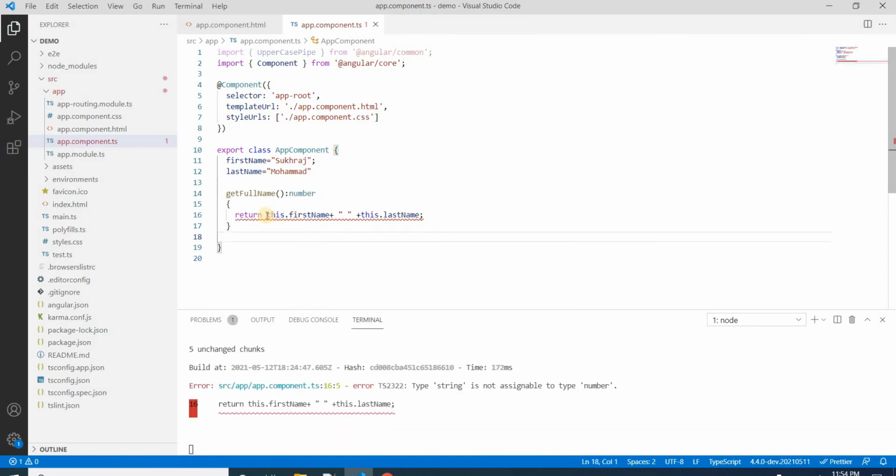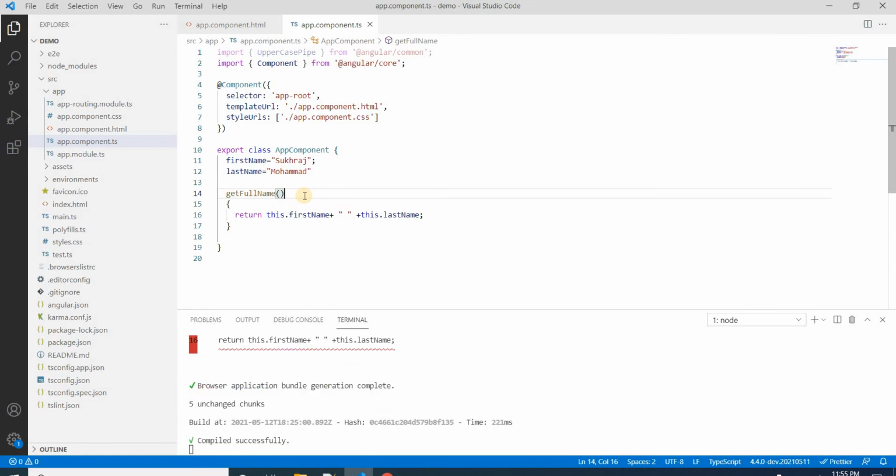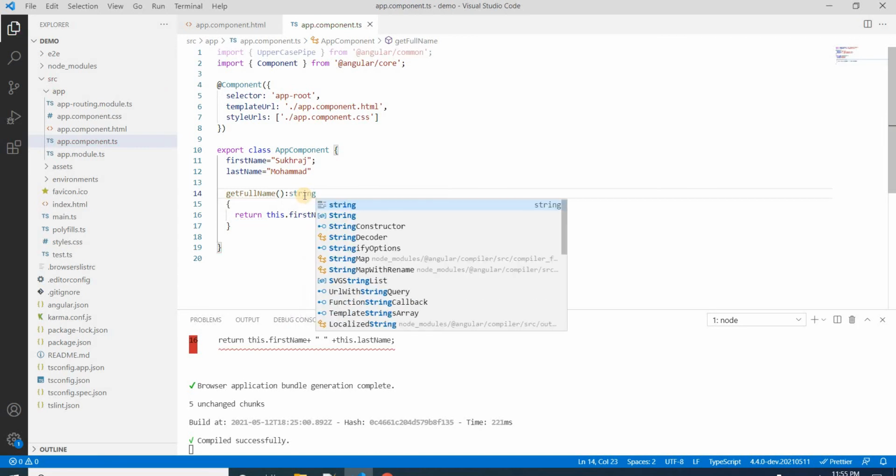Now it's showing an error: type string is not assignable to type number, because the return type must be number, and here I am returning a string. If I do not define any return type, it will automatically understand which type to return. Let's say string, so that we can understand the return type as well.